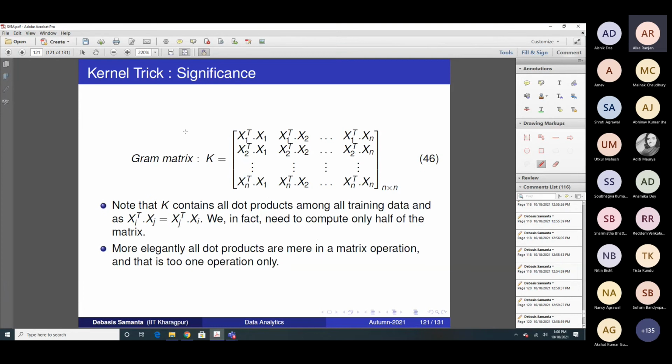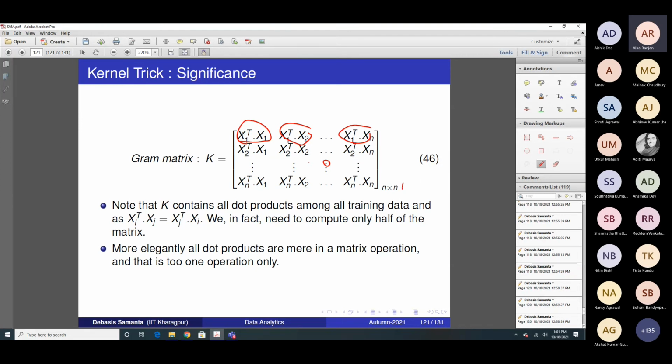Now here is the Gram matrix that I can tell you. Here you see xi dot xj. So it is x1 and x1 dot product, x1 and x2 dot product, and this way x1 to xn dot product. And here any entry is actually xi xj. So this matrix will store all dot product calculations that are possible for n number of training data that is given to you.